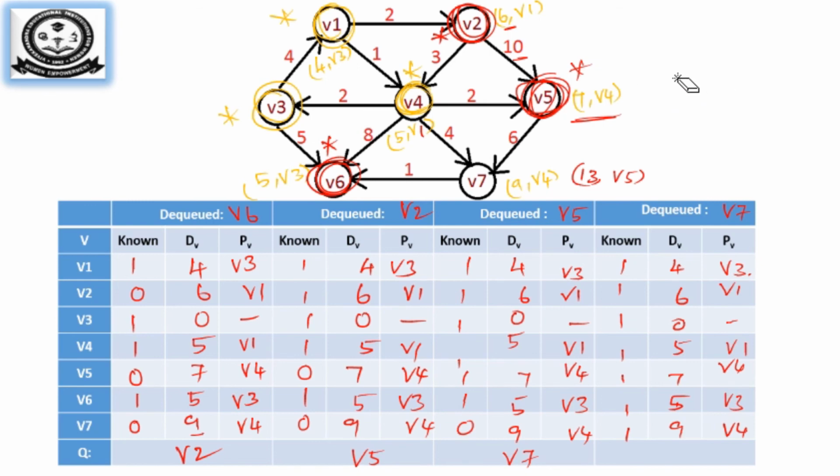So let me draw the graph here, a little bit simple. So you have 1, 2 and 3, and this is 4, this is 5, 6 and 7. Okay, so the starting vertex is S. From S, we'll draw from here. For vertex 1 it is 4 from V3, so you will have an arrow mark from 3, and for 2 it is 6 from V1, so you will have it as 2 here.